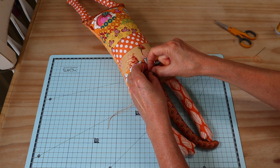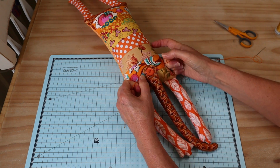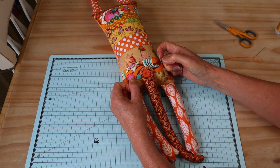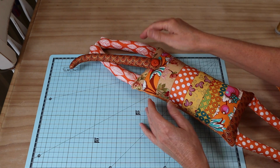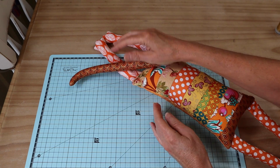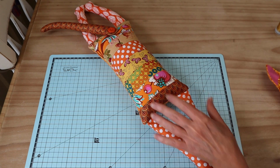We really want to make sure that little tail is tied on really firm. So I'm simply going to knot that little button off about 3 or 4 times. And that has our little tail nicely attached, and we've still got all that lovely movement to be able to pose that little tail. And the last step is for us to add our head, and we add that in